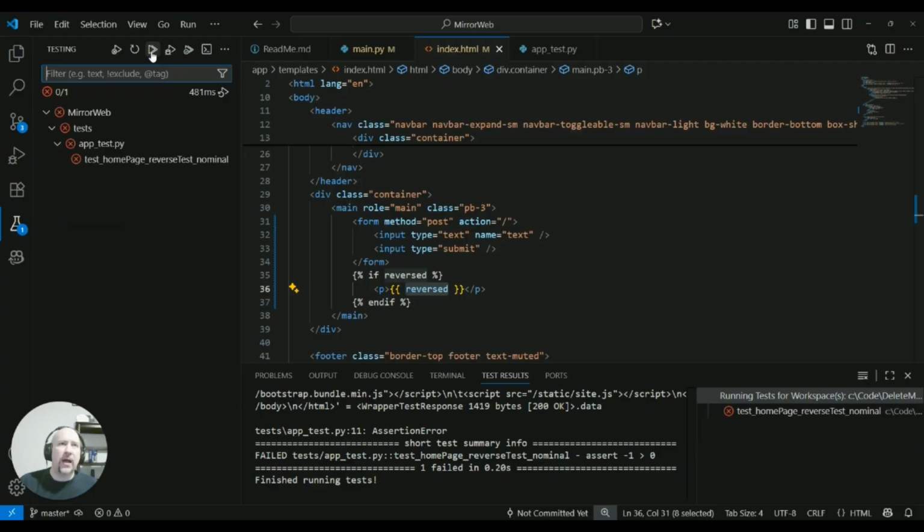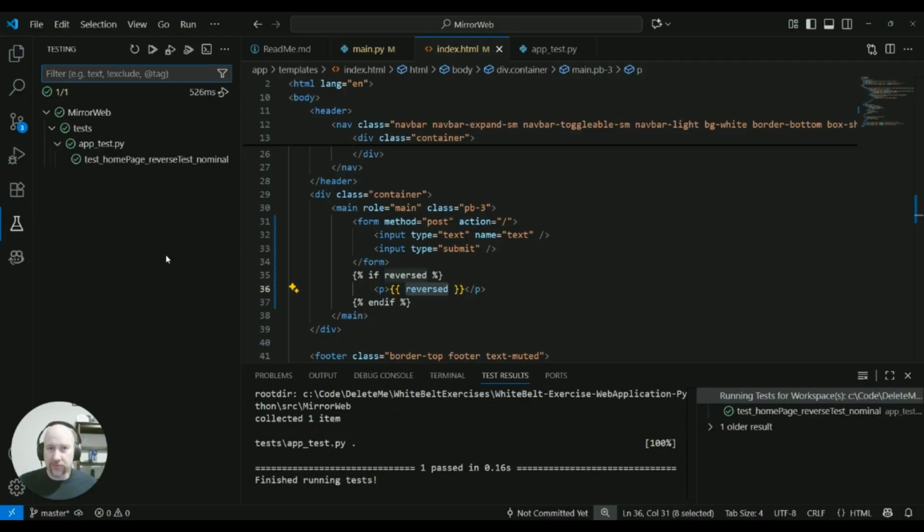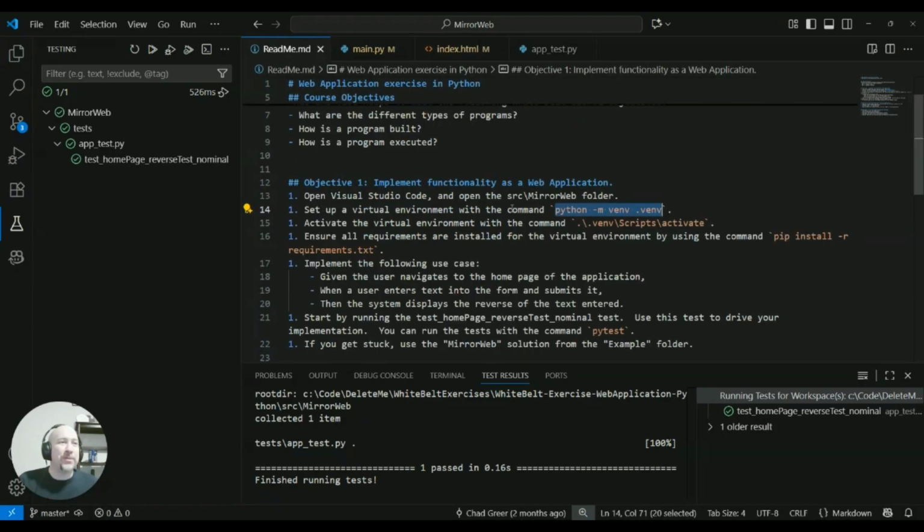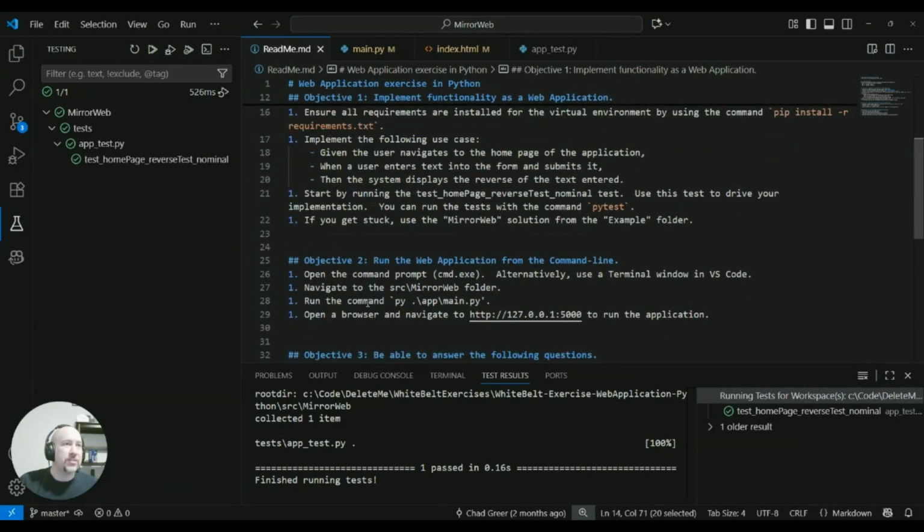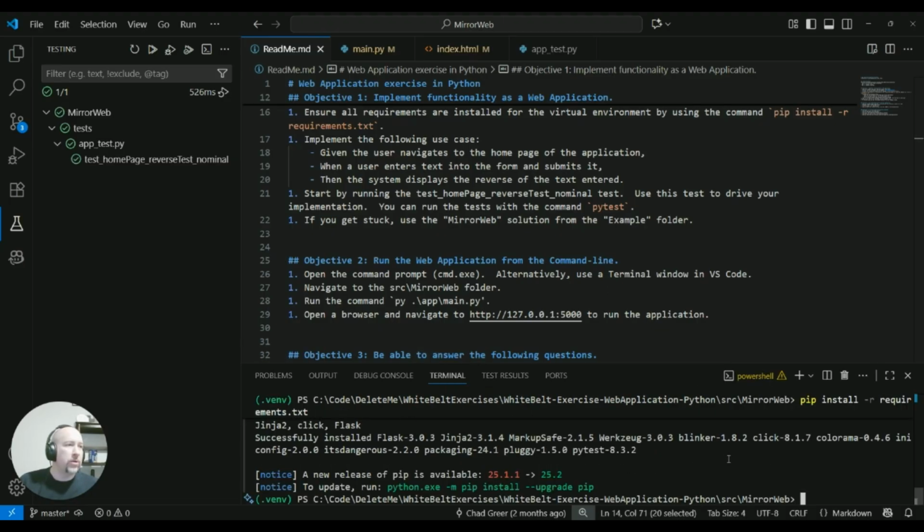Let's see if I've got the test passing. I do. So this is now getting the test to work. Everything's running there. So now that that's all done, let's do the last step, which is actually run this in a browser and see what it looks like. It's great to get the test working, but it's nice to be able to see our work and see how that actually runs. So what we're going to do here is in our terminal window,